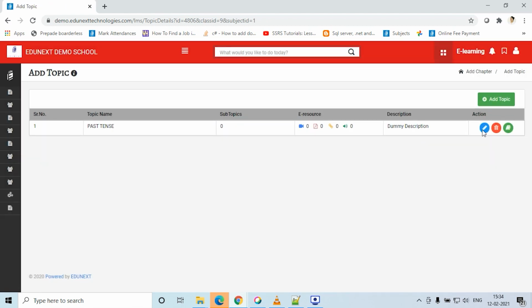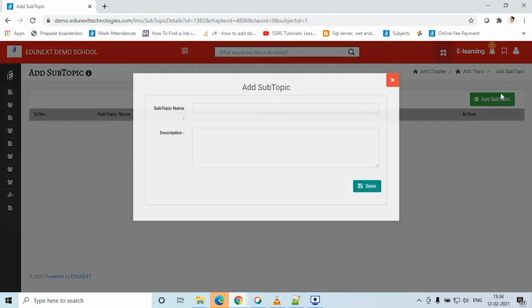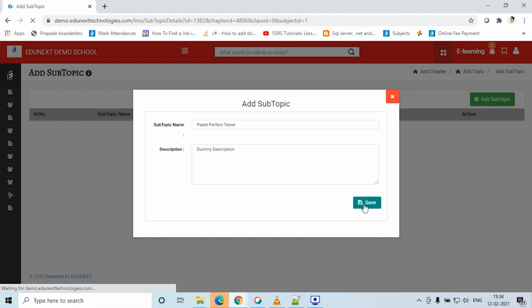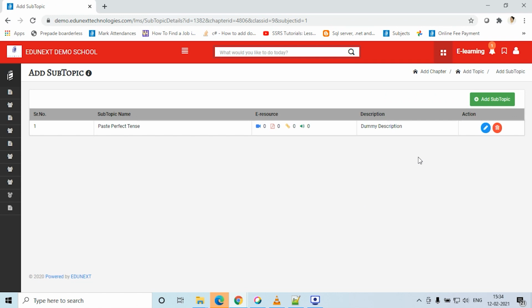Further we have the bifurcation of subtopics. So under the topic you can create a subtopic also. Past perfect tense. Dummy description. So in this way, in a chapter you can create a topic, and under a topic you can create a subtopic.